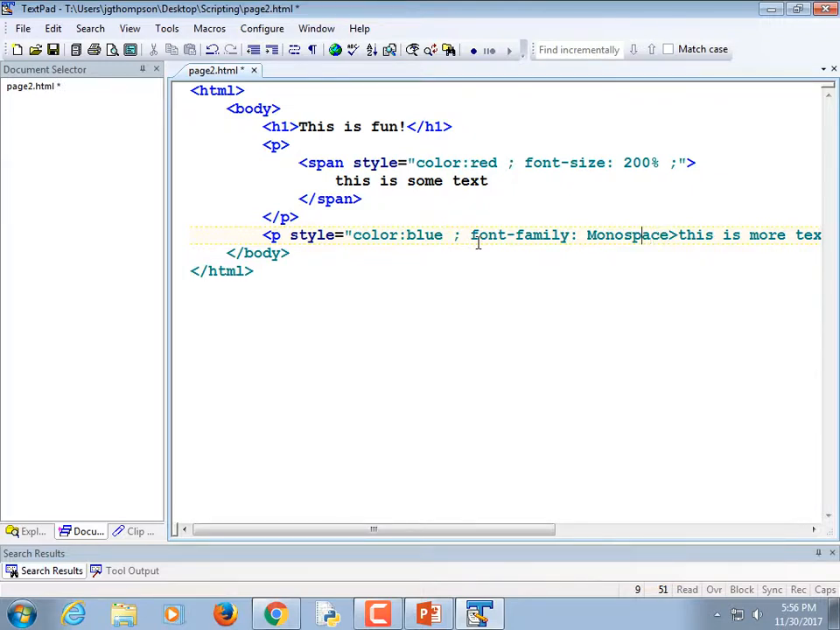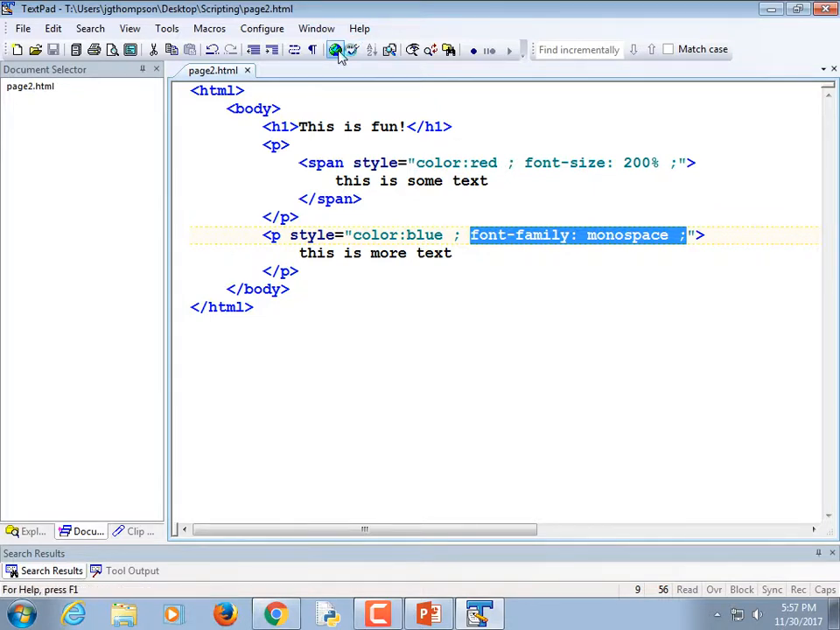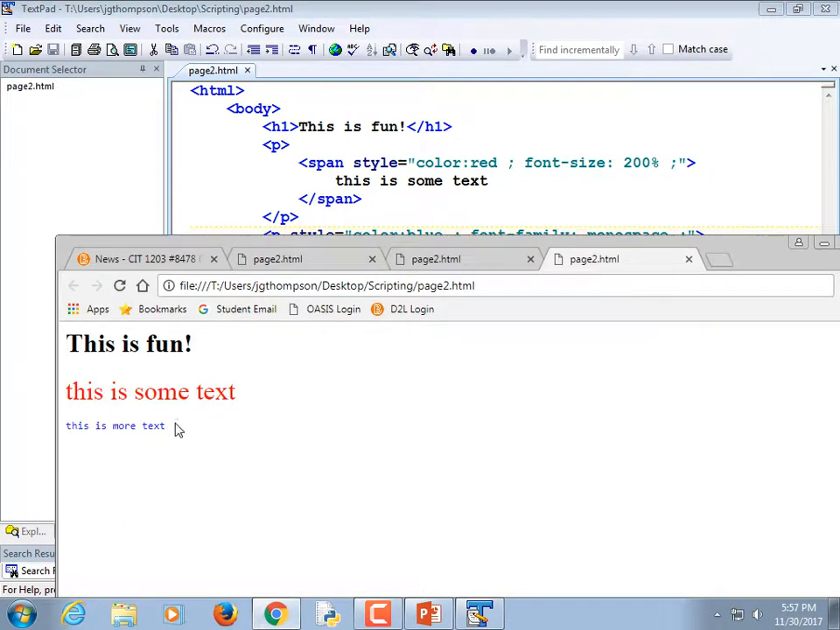Except I believe it's lowercase m. And then semicolon, not strictly necessary to put a trailing semicolon at the end of the list, but if you come back, it gives you a nice place to add it on. End quote, end angle, this is more text, there, like that. So we've assigned a different font to this. Looks like a typewriter font. It's kind of small compared to our header